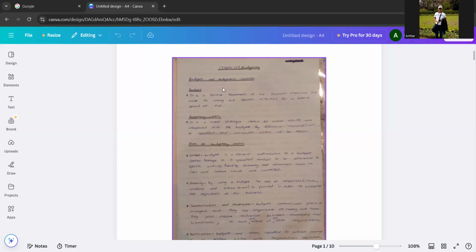One more thing I forgot to explain in planning. Let's look at planning. For example, if there's a recession in the next year, you will plan this year itself and keep